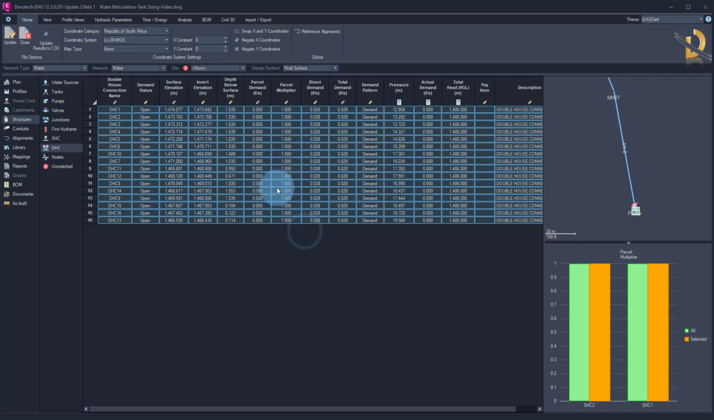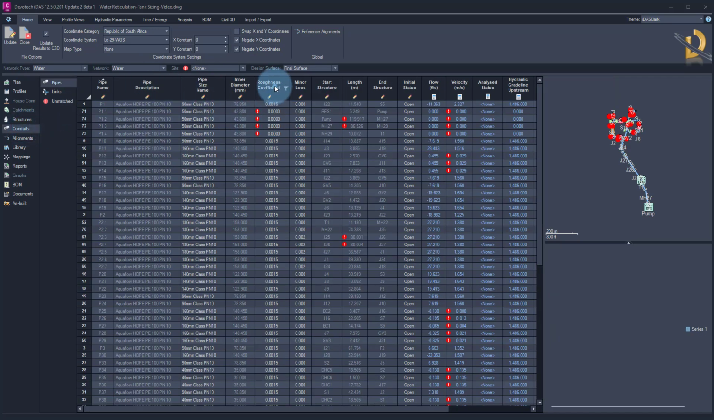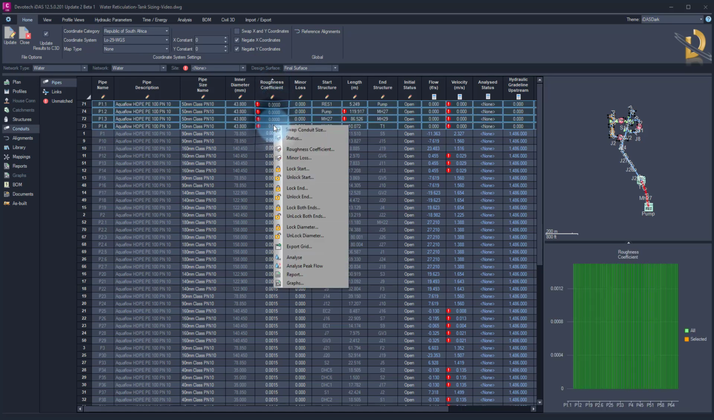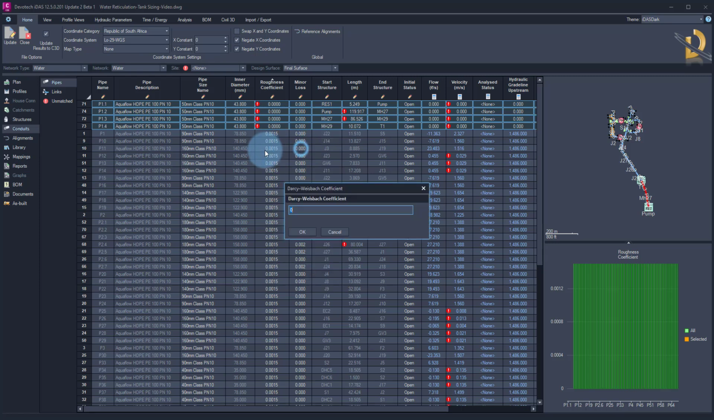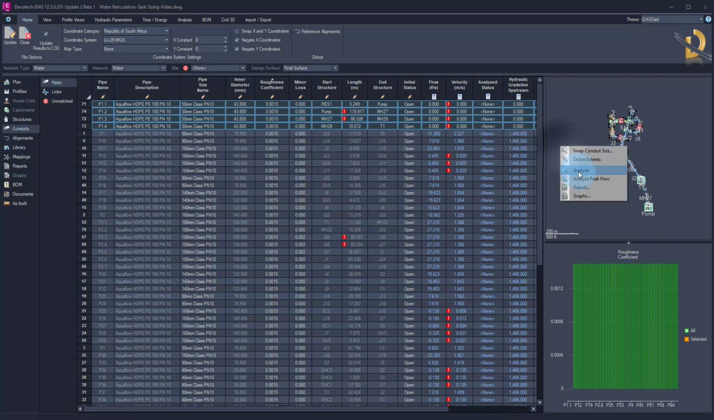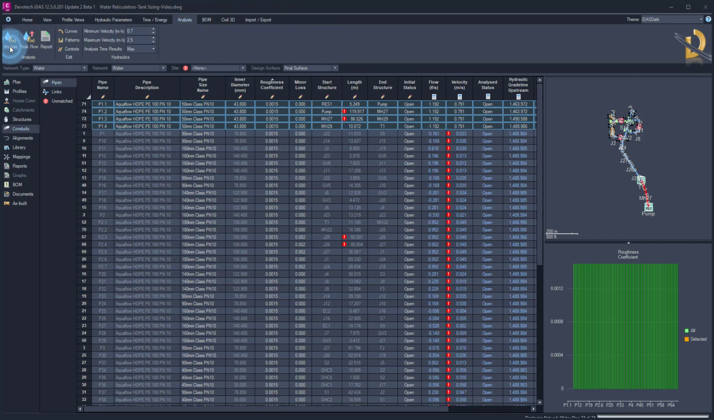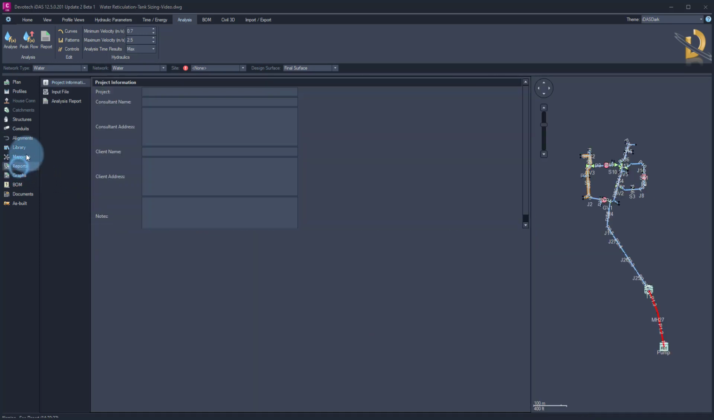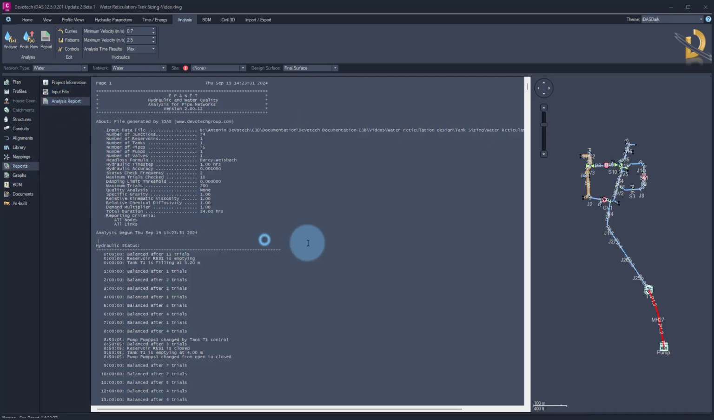Okay. Now I go to Conduit, and I have some new pipes. If I sort the pipes by roughness coefficient, you will see that some new pipes do have a 0 roughness coefficient. So I will change it to 0.0015, and I can run the analysis. I will run the normal analysis. I can just analyze, or I can go to Analysis and Analyze. Then I click OK, and I check the report, because under the analysis report, I can see if the analysis